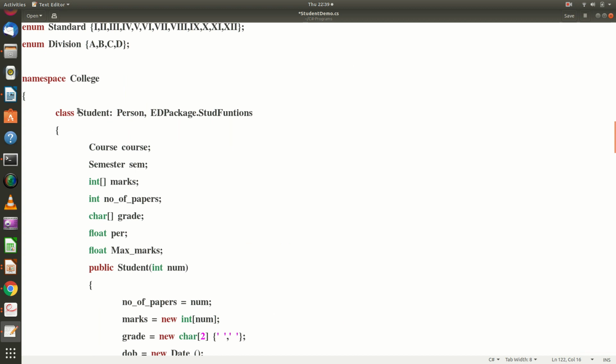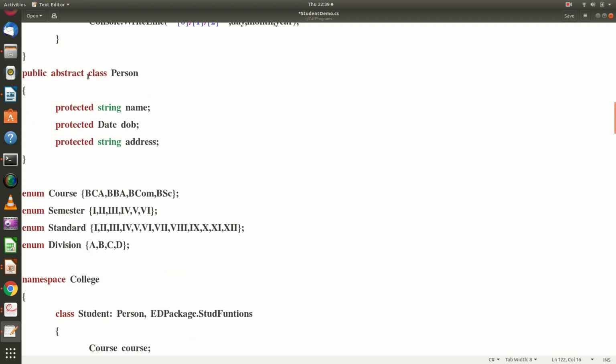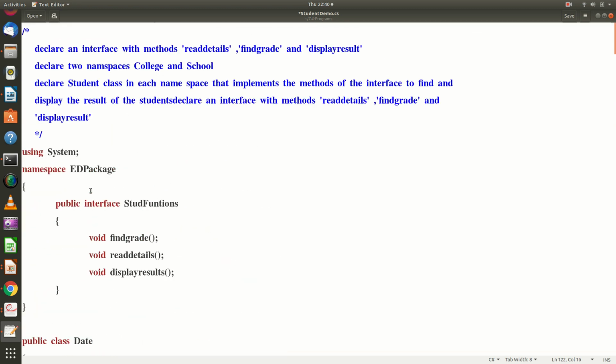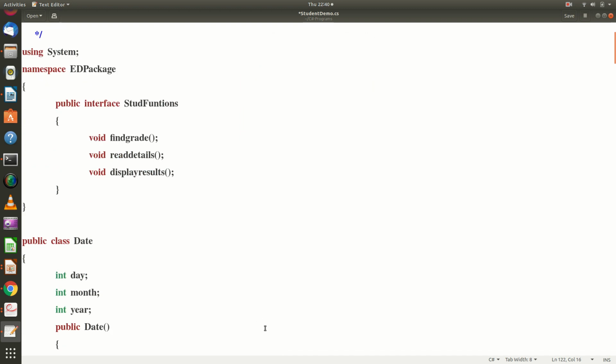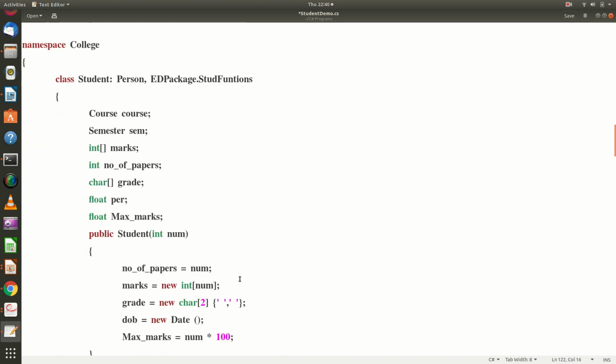Observe here, the student class is inheriting one class and one interface. What is this class? Person is an abstract class, and you have the ed package dot student functions. Ed package is the namespace name and stud functions is the interface name. So that also I am going to inherit here.